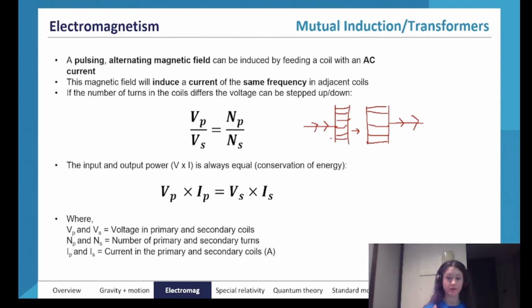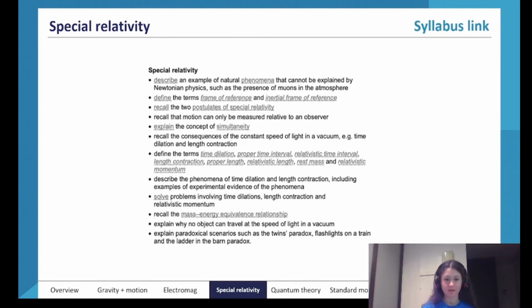Because speaking from experience, the reason that I lost marks on my physics external was because I didn't get one of the difficult magnetism questions. I think I only got half marks. So yes, that is what really bugs me. And I practiced a lot of these questions. So that's my tips. Okay, moving on to special relativity.